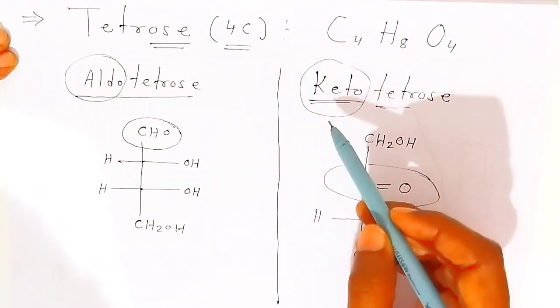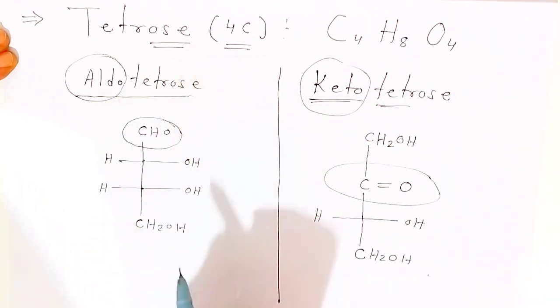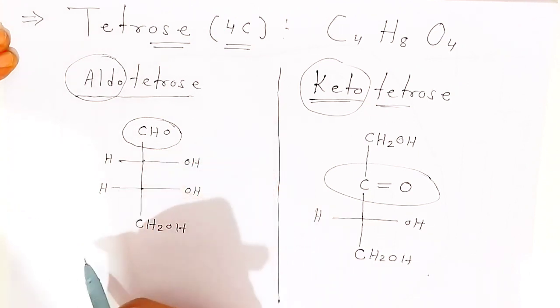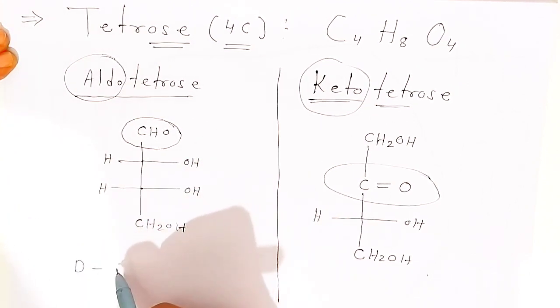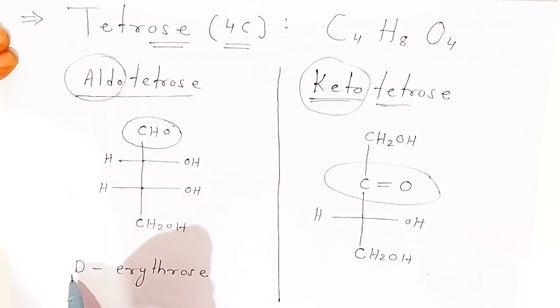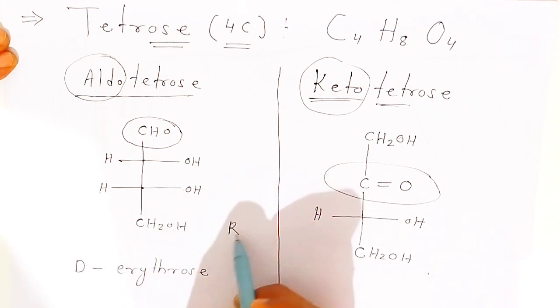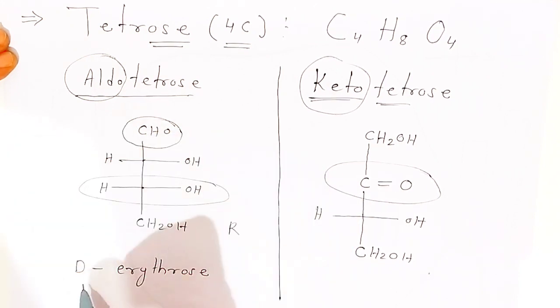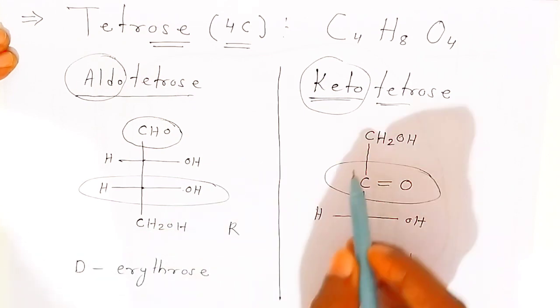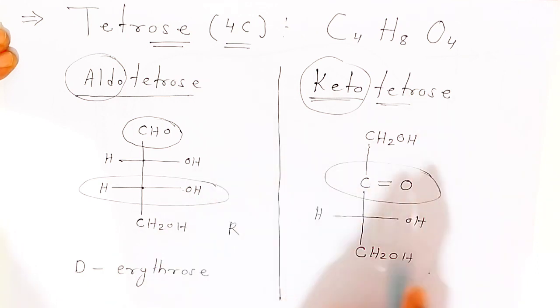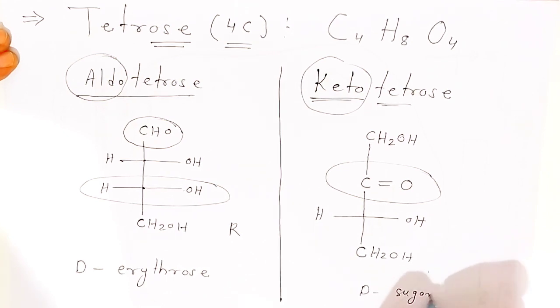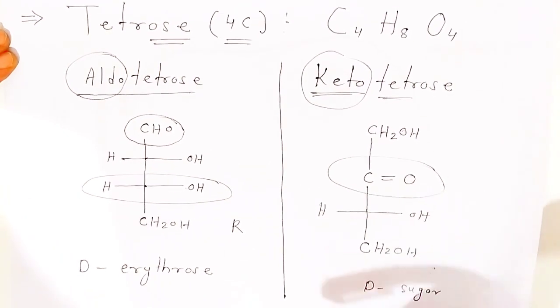And this monosaccharide we call as keto tetrose, this monosaccharide we call as aldo tetrose. Okay students, now sometimes this compound common name is D-erythrose. So this molecule is also called as D-erythrose. Understanding students? Why it is D students, because OH is present on right hand side, so depending upon this we call as D-erythrose. Understanding students? So both are D sugar, because here OH is present on right hand side, so this is also D sugar. Understanding students? Now one more example students that we are going to see, that is called as